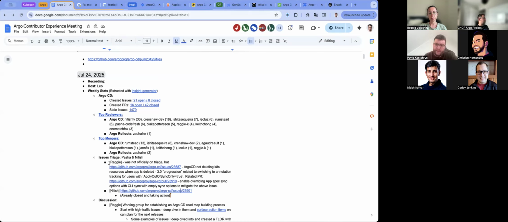And Reggie, you also have a topic here. Yeah. Hi, everyone. So I have noticed that there is an issue with migrating to 3.0. It is related to switching to annotation tracking. It looks a little like a regression issue. And so what happens is that for users who are using applications with the sync option of apply out of sync only true,